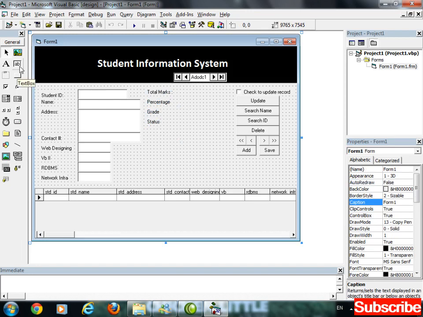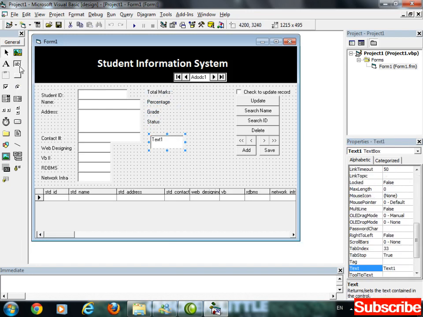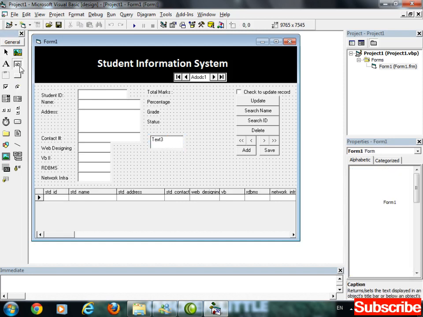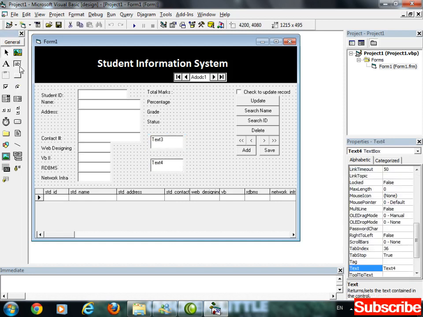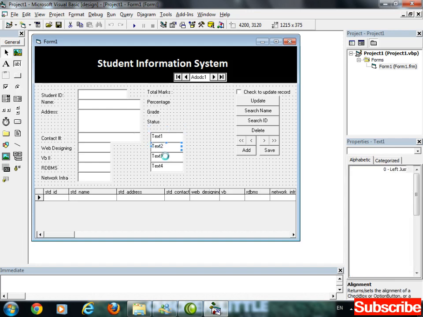Now insert 4 text boxes. Select all, control click.